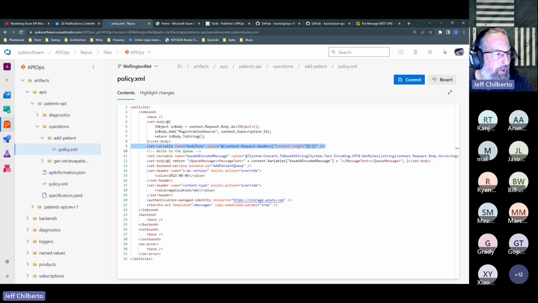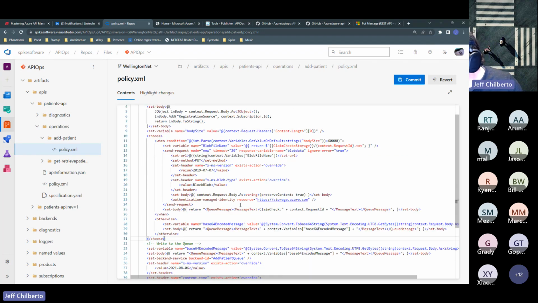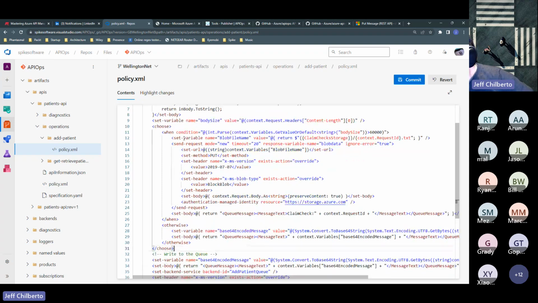Next, I'm going to make a decision on whether to just send the message directly or to send to blob storage. So I'll go ahead and paste that in. Let's look at this in a little bit more detail. In the choose statement here, I'm going to determine how large the body size is. If it's over 60K, I'll go ahead and send it to blob storage. You can see here where we're doing a send request, again, using the definition that's provided by Microsoft, and we'll go ahead and